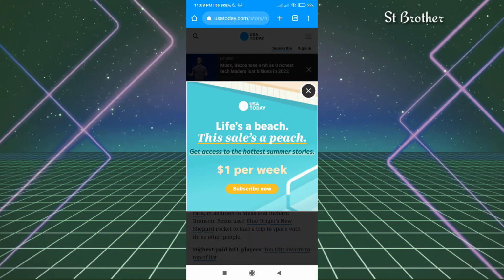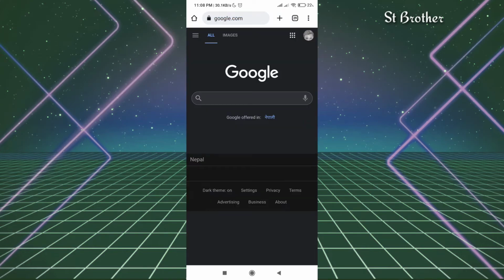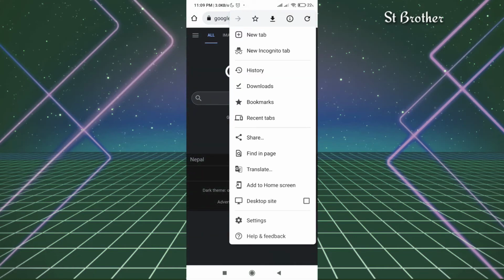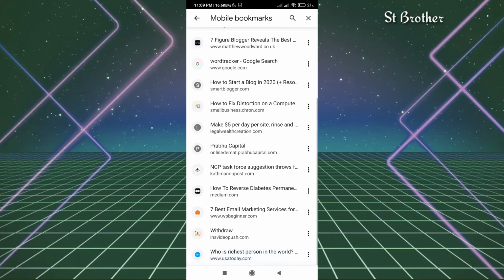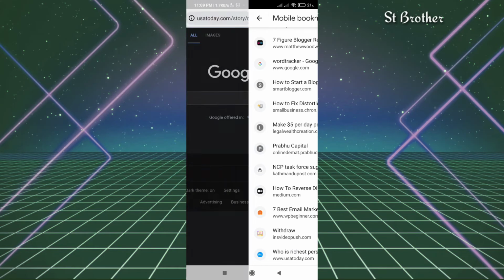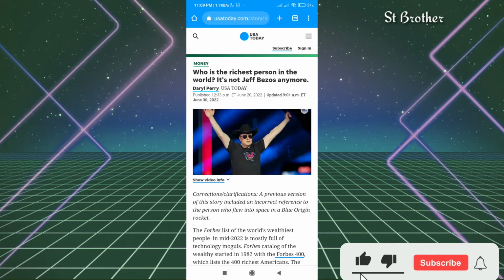Okay, so the question is where that bookmark is saved. To find the Chrome bookmarks, all you have to do is tap on this three dot on the top right corner. From here you will see this icon bookmark. You will find the list of all the websites you bookmarked. In our case, we had saved this website, who is the person in the world. Okay, this one. We can open this like this, or